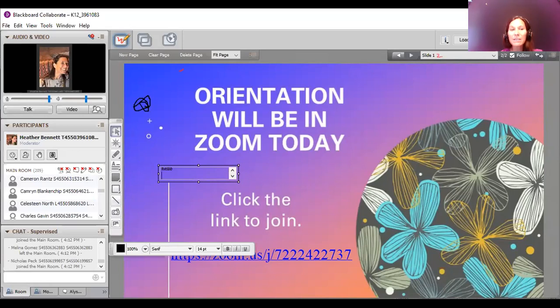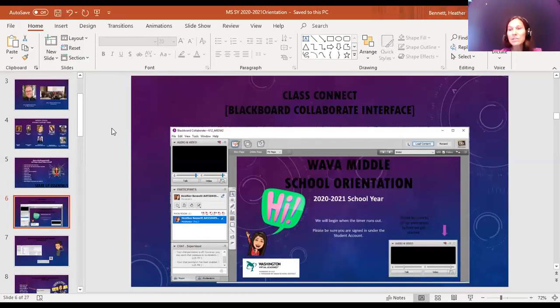So that is Blackboard, and you'll have more time to be in that as the year goes by. Teachers will probably use that a little more at first, as we're just getting used to Zoom. Both programs are great. I think the difference between Blackboard and Zoom is that Zoom, we can have a little more interaction with you by seeing you better. I know we'll learn how to use more of the tools in Zoom as well.